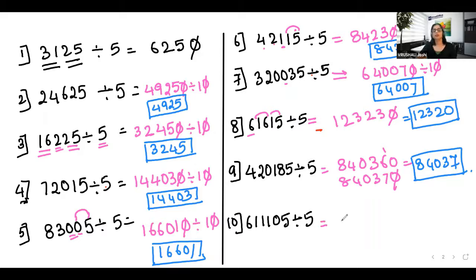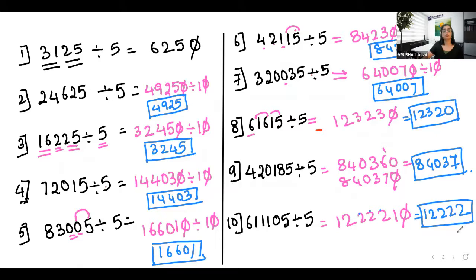Let's do it. 6 double 12, 1 2 3, that is 2 2 2, and 5 double 10. If you cut this out, then immediately you get the answer. There is no need to write the 10 also. 1 2 2, 1 2 3 4, 1 2 3 4. And definitely, Elswin, we get the same answer even if you do it with the school method. We do not get a different answer. It's absolutely the same answer.